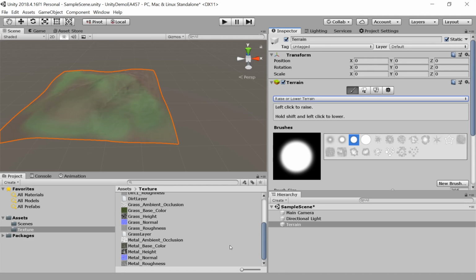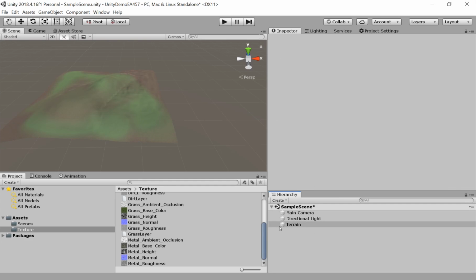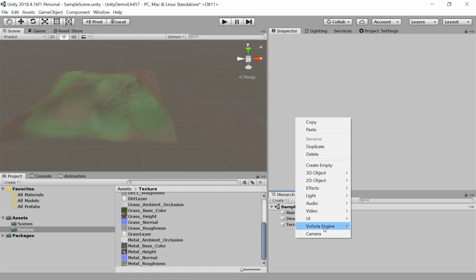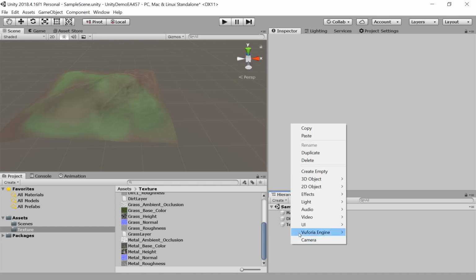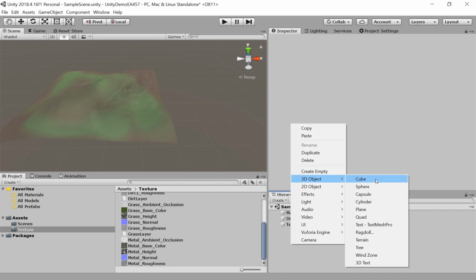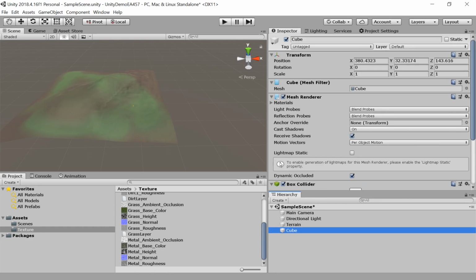So we created this basic terrain in our scene, but terrain is not the only object we can create. As I mentioned, if we right click, we'll get this create menu. You also can go down to create and then select something. But if we go to 3D object, there are cubes, spheres, capsules, cylinders, planes, quads, all of these different objects that we can create. In this case, I might want a cube, and that'll automatically place it into my